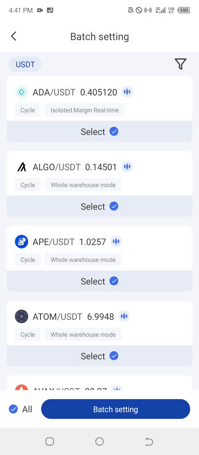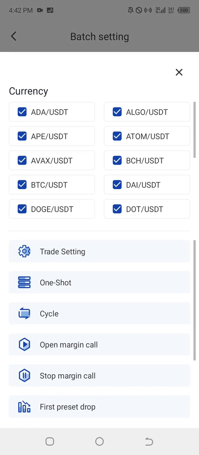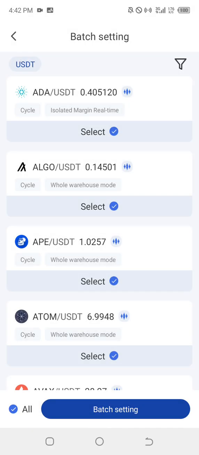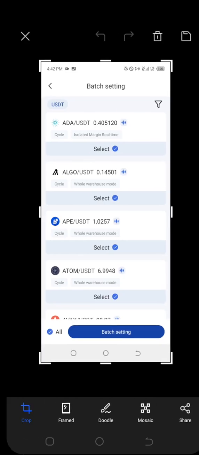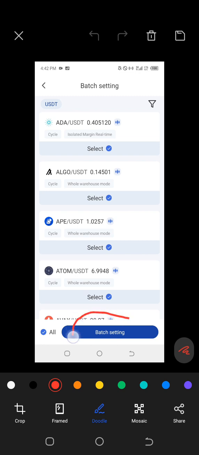So after tapping on all to highlight, you tap on batch set. So when you tap on batch set over here, okay, batch setting,